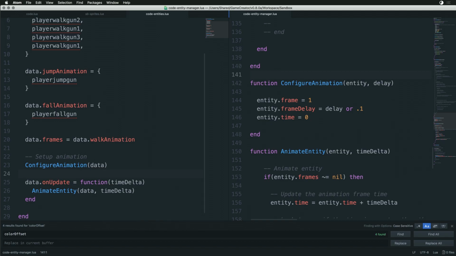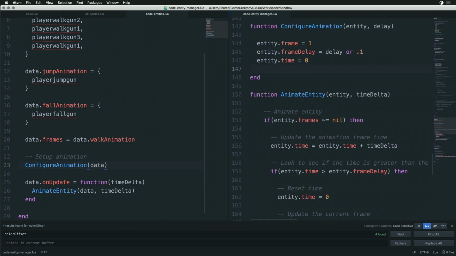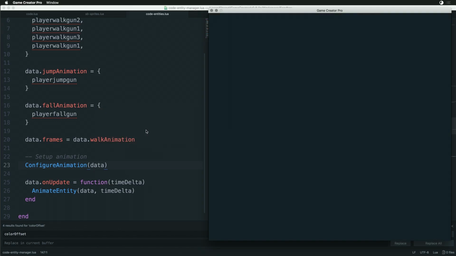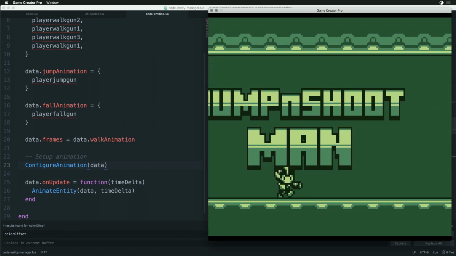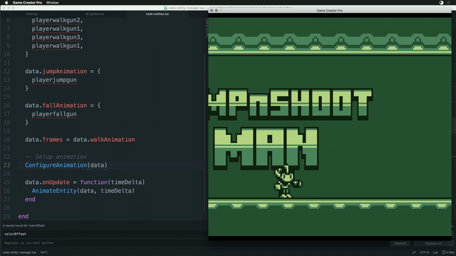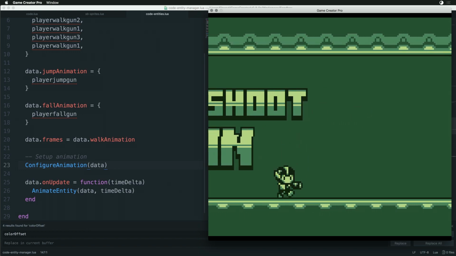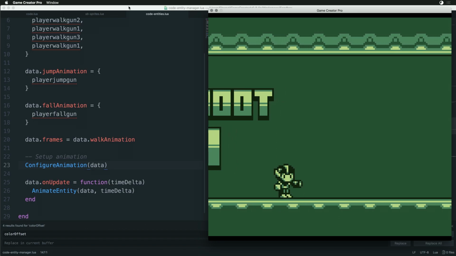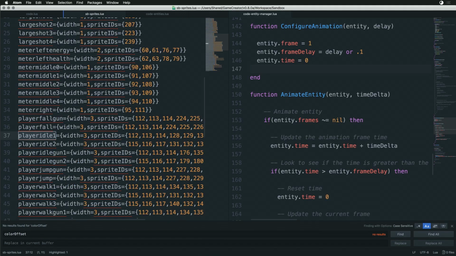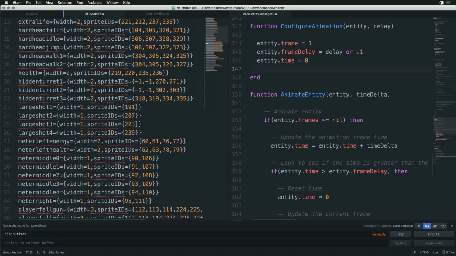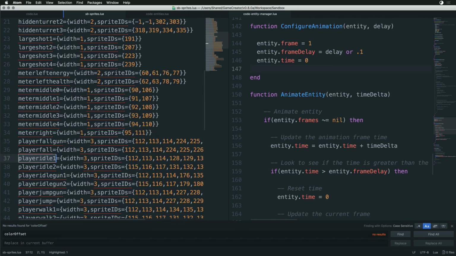All right. So we configure the animation. This will just add the common stuff that we need for basic animation. And whoops, if we run it, we should be good to go. So now what's happening is that we're using the player's X position to basically scroll the screen. What I want to do next is let's take one of these other things, let's do the snake, and we'll